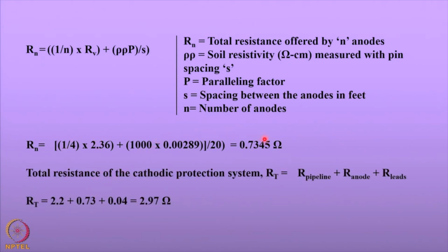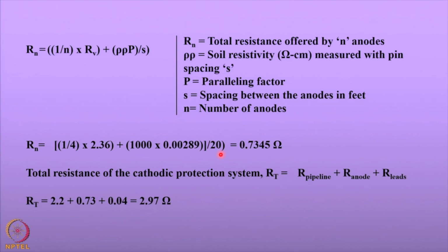Once we know the resistance offered by the anode ground bed, we look at the total resistance offered by the cathodic protection system, which consists of the pipeline, anode and the leads. These values are already known: the pipe to soil resistance and the lead resistance are known, the anode ground bed resistance has been calculated, and you can find out the total resistance. So, the total resistance offered by the cathodic protection system is 2.97 volt,